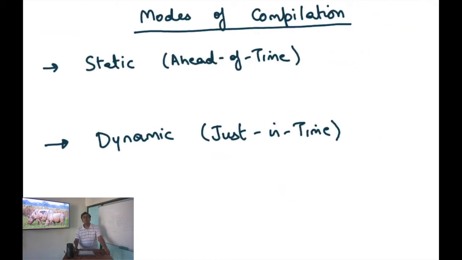All right. Now, before I move forward, I should say that there are two modes of compilation. All right. So recall that I said that compilation is the partial evaluation of the interpreter on the program source code. And that's true for all languages: C, Java, Python, Perl, and so on. Now, we are generally familiar with some of these languages being called interpreted languages, while others are called compiled languages. For example, often Java and Python are called interpreted languages, while C and C++ are usually called compiled languages.